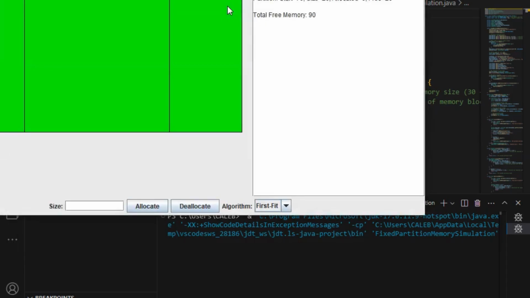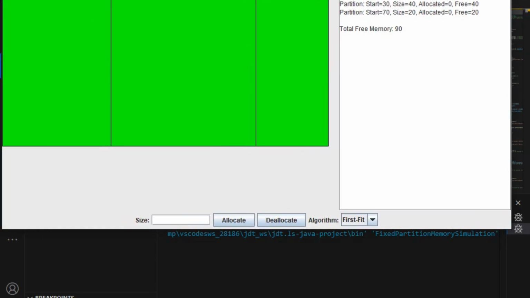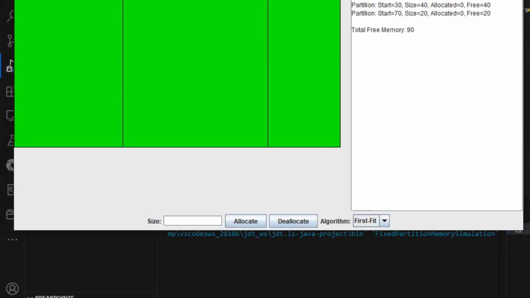So let me adjust the interface to the middle of the screen. Here we are going to give the memory block a couple of inputs to check the allocated space the program will give it. We run with the first fit algorithm. First, let's give it a 25 unit space. So we allocate it, followed by, let's give it about